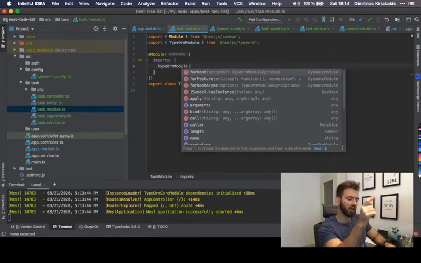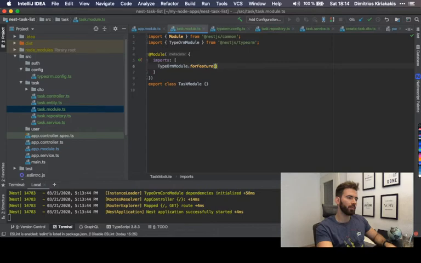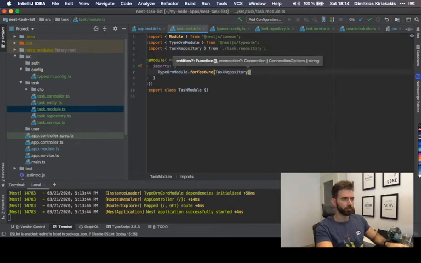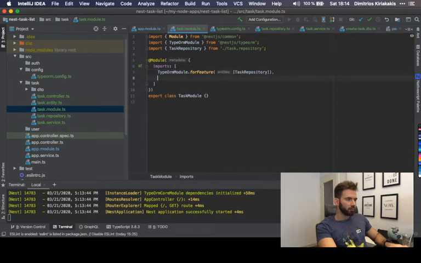But now we're going to use the forFeature, which is made for individual modules. And here we're going to pass inside the task repository. Maybe. Or it needs an array. Yeah, it needs an array. Yeah, after that, this is the only import we need, and after that we will have to